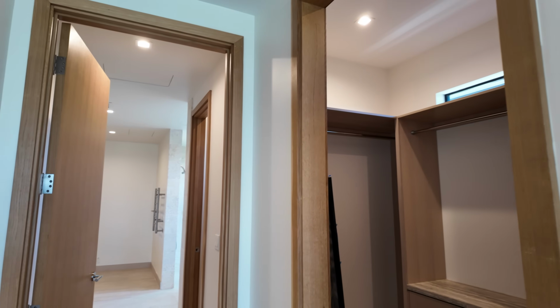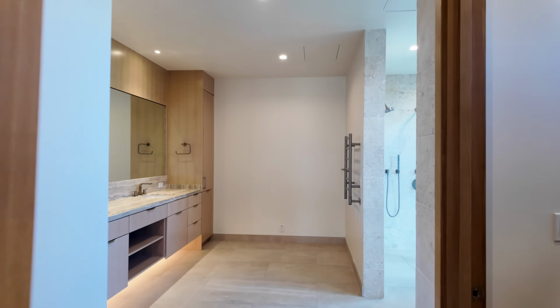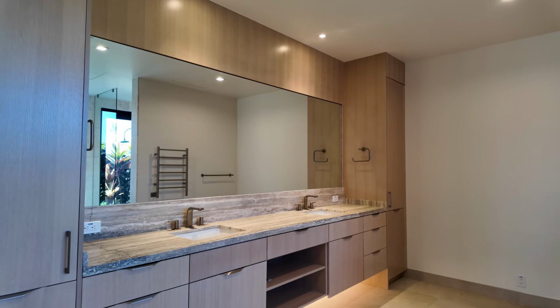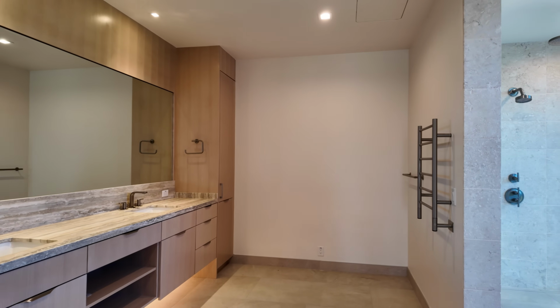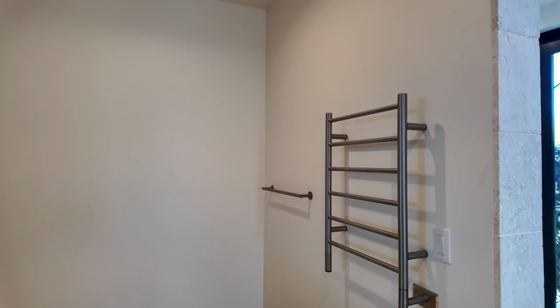And then let's center up the camera here real quick and walk here into our main bathroom. Huge space. I really like it. This is going to be one of those homes where you're really looking at ultra high end on everything. So little things like